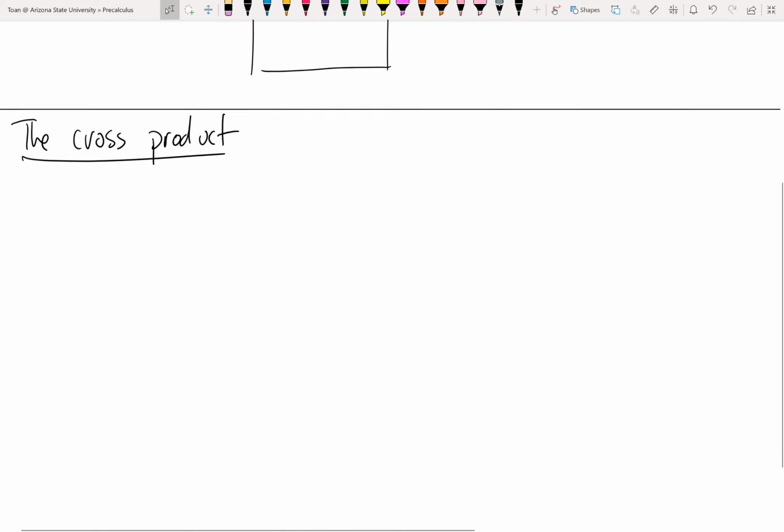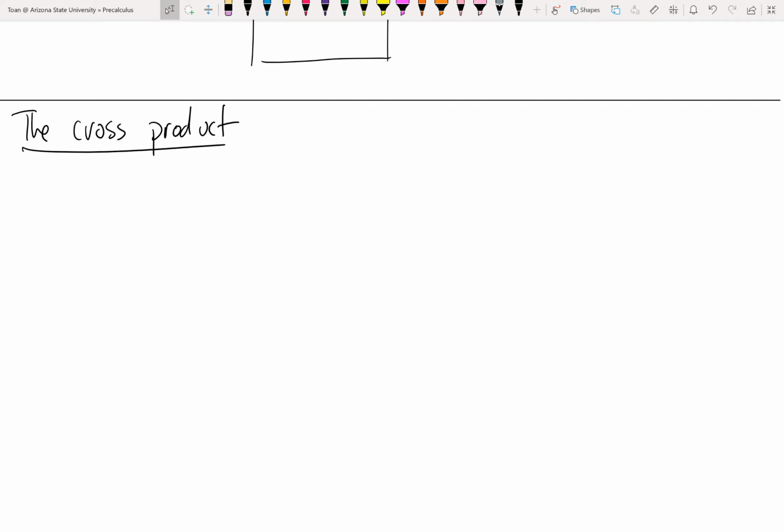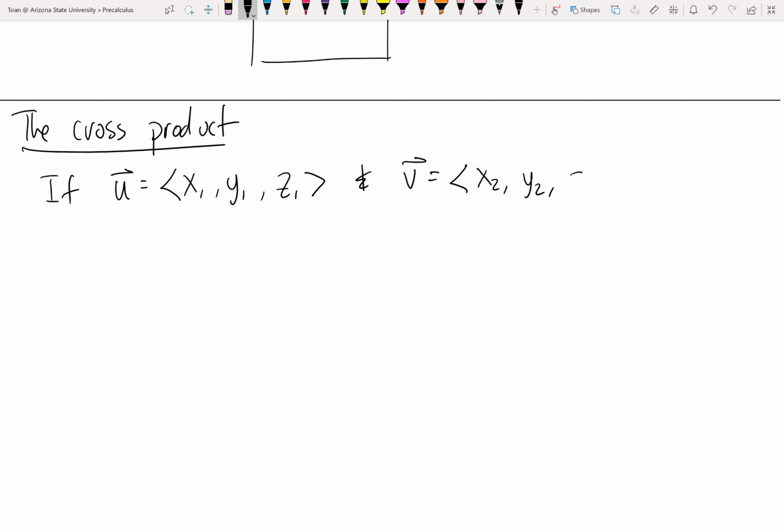The cross product is reserved only for three-dimensional vectors. So it makes no sense to talk about the cross product of 2D vectors. This is only for three-dimensional vectors. So if I have two three-dimensional vectors, say vector u, in component form, let's call it x sub 1, y sub 1, z sub 1, and vector v, call it x sub 2, y sub 2, z sub 2,